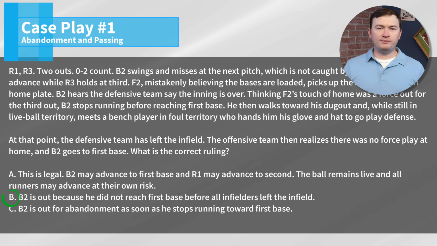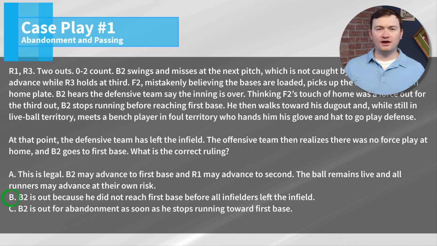The correct answer is B. B2 is out because with 2 outs and an uncaught third strike, the batter runner must at least be attempting to reach first base before all infielders leave the diamond at the end of the half inning. This is the specific abandonment rule for a batter runner on an uncaught third strike with 2 outs before the